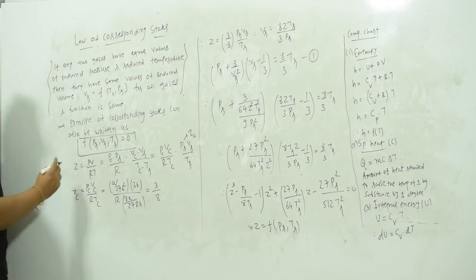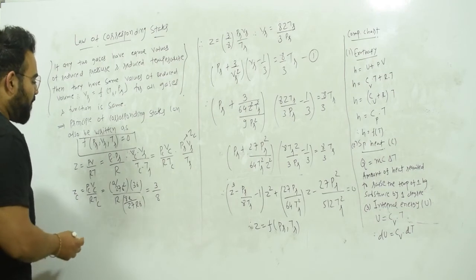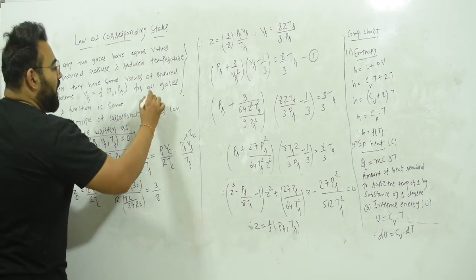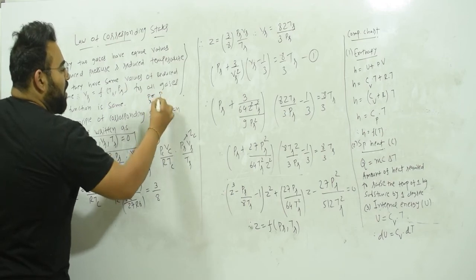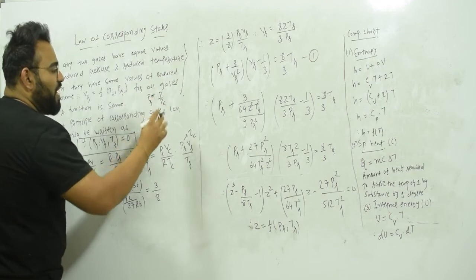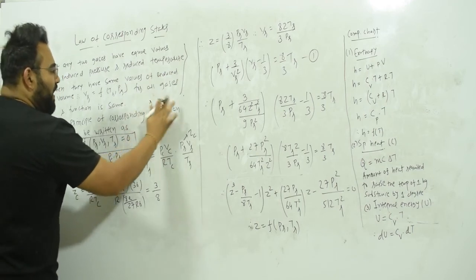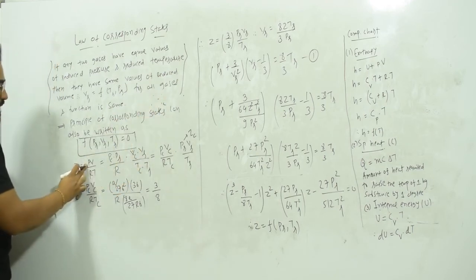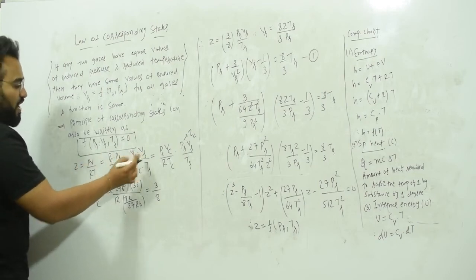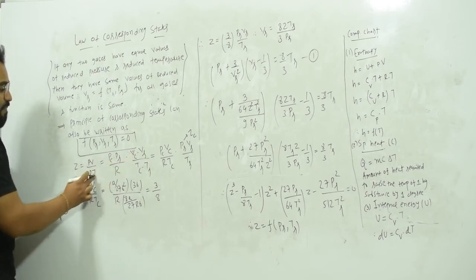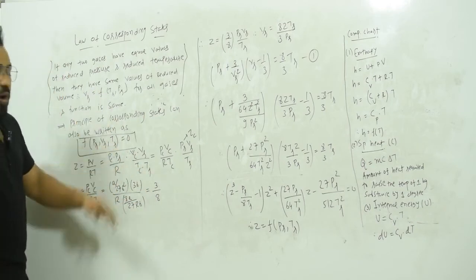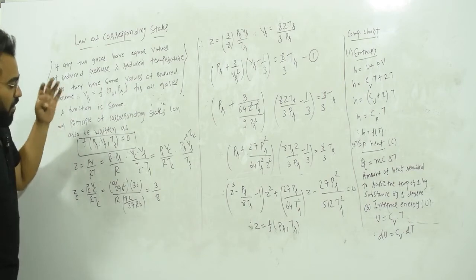Now we already know, we have derived the reduced properties: Pr equal to P upon Pc, Tr equal to T upon Tc, Vr equal to V upon Vc. In the same way, in place of P I have written Pc dot Pr. For V I have written Vc dot Vr, R as it is, and in place of T I have written Tc dot Tr. This comes from the law of corresponding states and reduced properties.